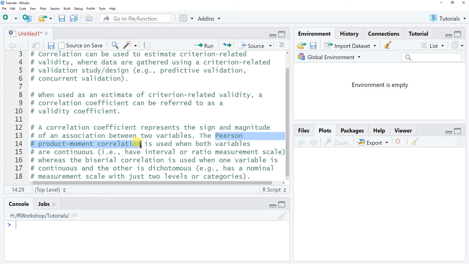And that's going to be used when one of your variables is continuous, meaning one of the variables does have that interval or ratio measurement scale, but the other variable is going to be dichotomous, which means it has a nominal measurement scale with just two levels or categories. So you can usually run